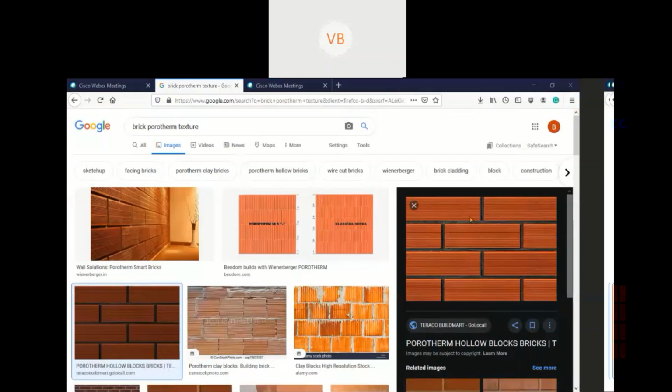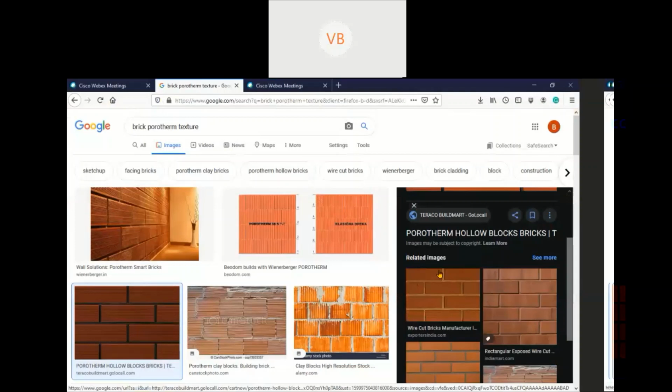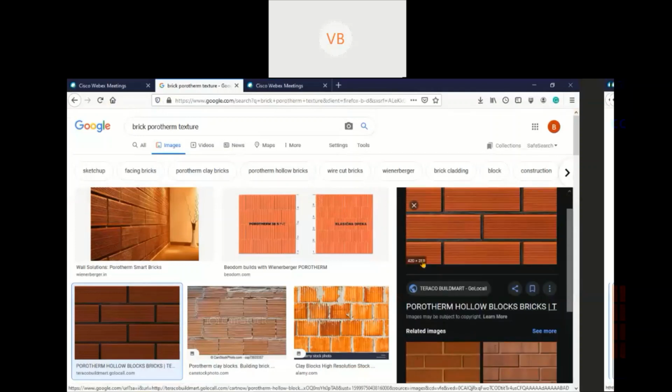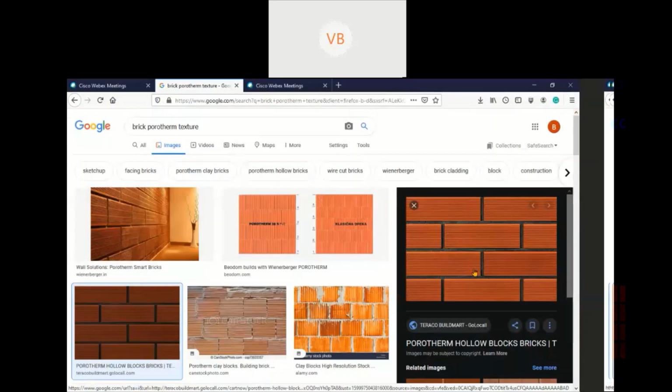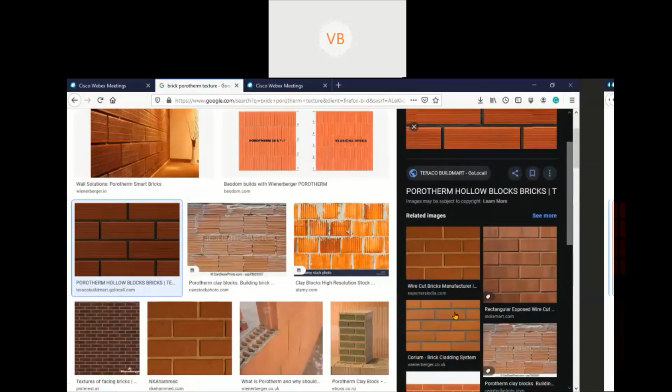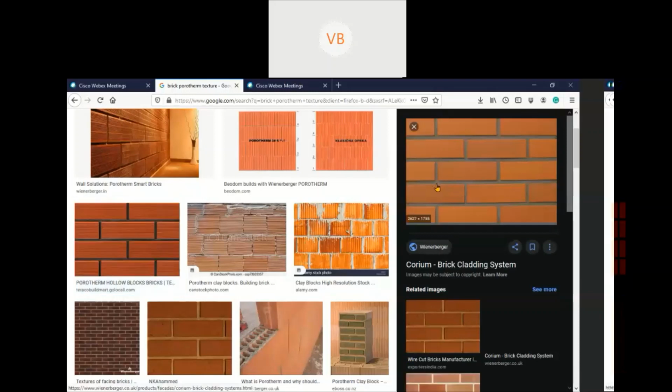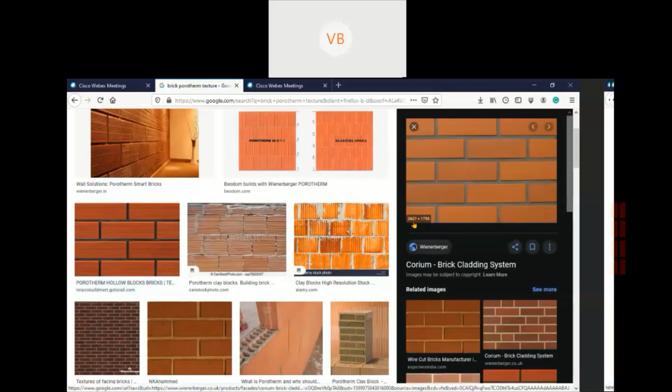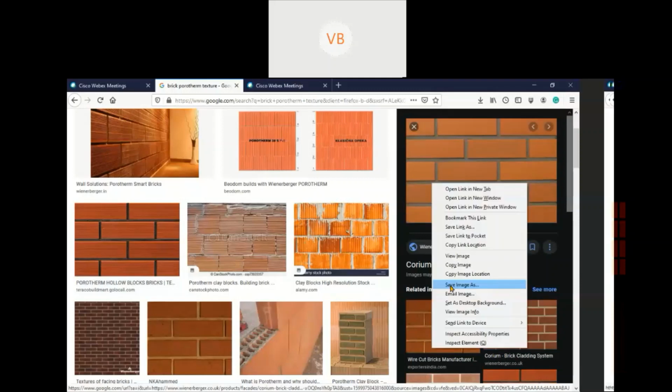Okay, so what you see, you have an option. What you can do is just download a material from online, but make sure the image size is good enough. అంటే so that ఎప్పుడైనా, let's say you want to adjust the size, ఇందాక చూపించాం కదా, adjust the size of the texture. Even after adjusting, the texture should be clear enough. So that's why download an image whose size is big enough. Okay, let's say this is small size, 420 by 280 is small size. So let's search for a bigger size. This is big enough size, 2627 into 1755. Okay, I'm just saving this image.